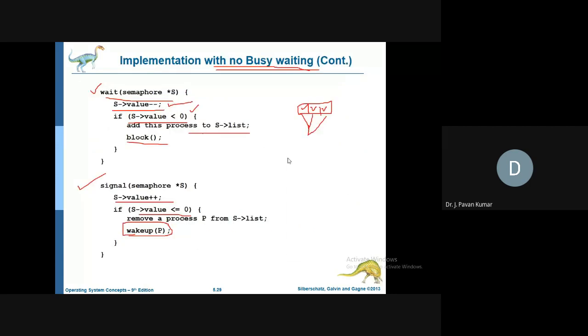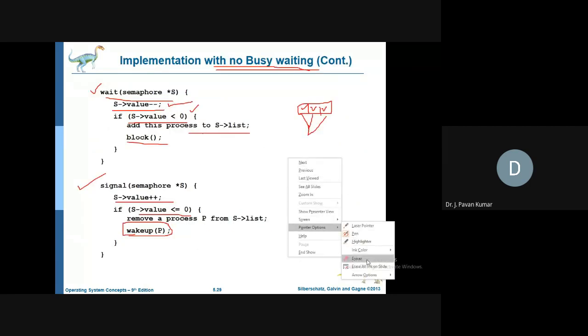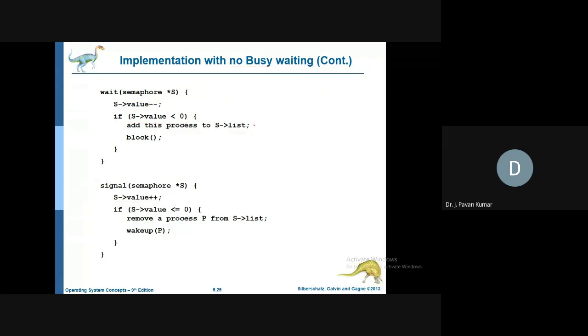in this particular one we have a special situation. Let us consider we have two semaphores, P and Q, and two processes P1 and P2.